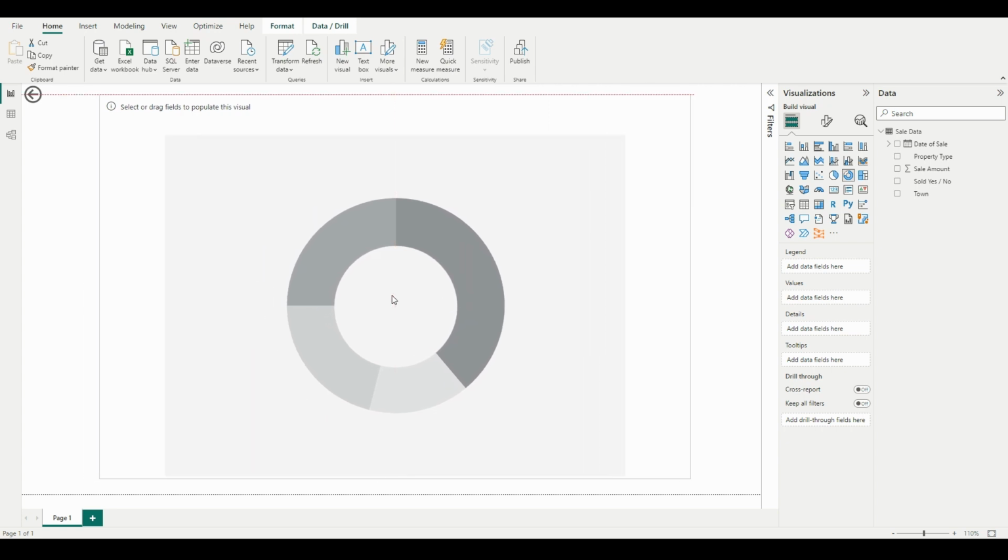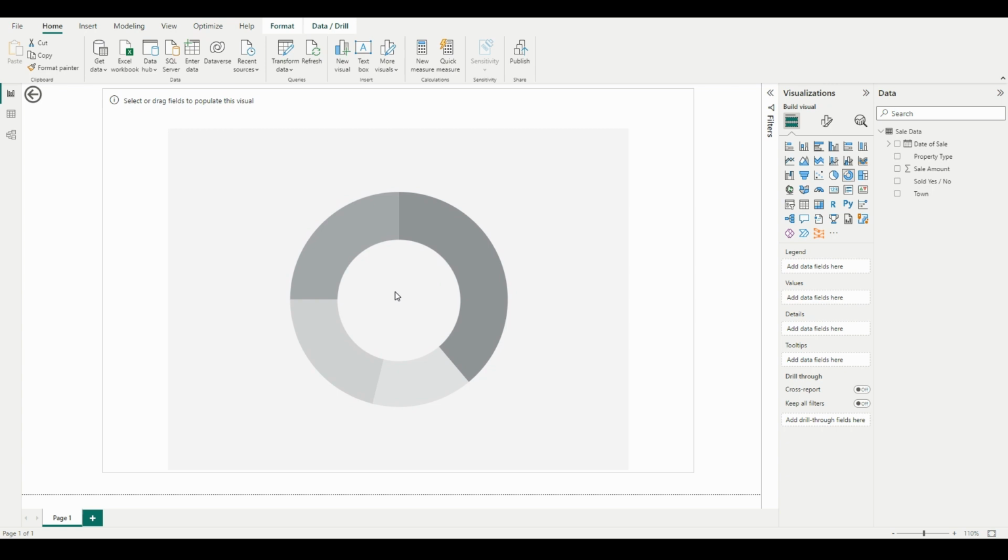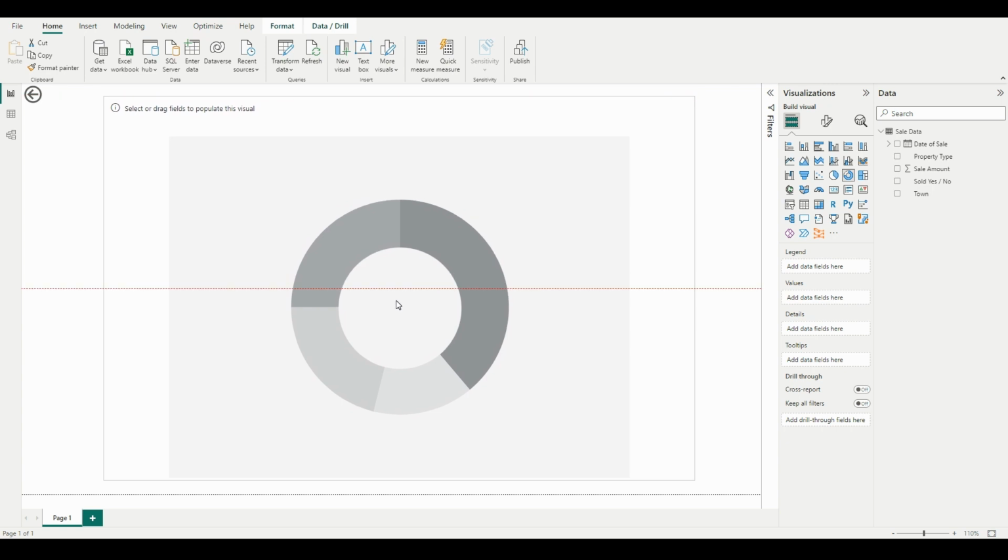And then again, I'll reposition this in the middle as best as I can. And there we go. That will do for today. Now, a donut chart would show a position in time, not a position over time. So the type of data that we're going to place into this chart is either going to be attribute data